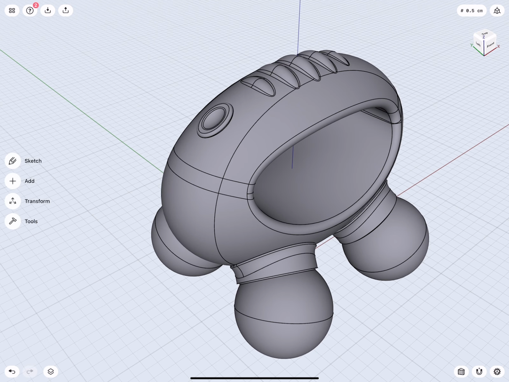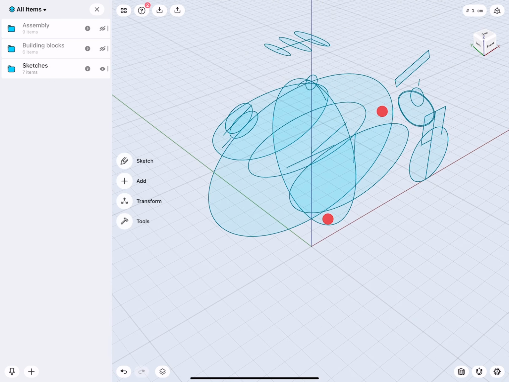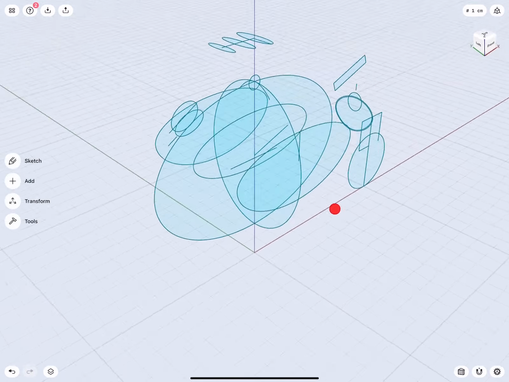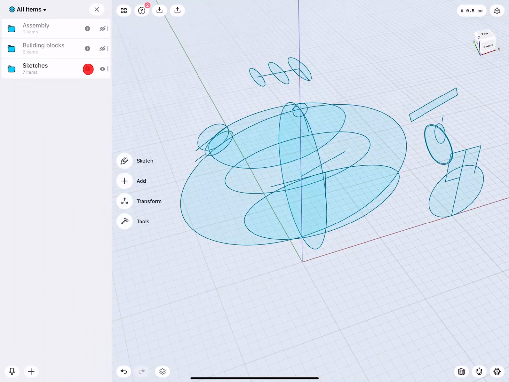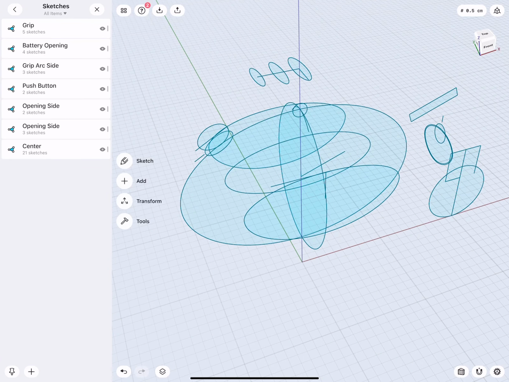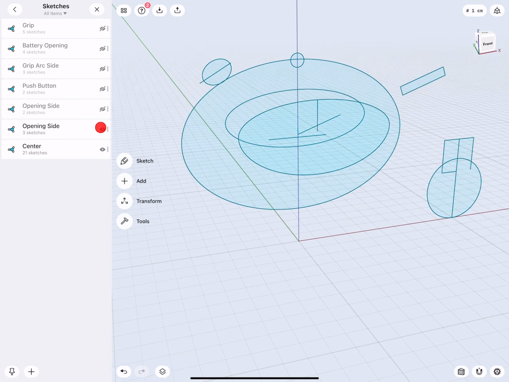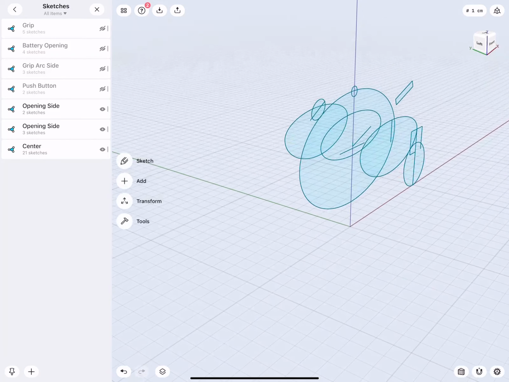Great, let's get started. First, I would like to take a look at the sketches and explain everything. What do we have here? So this looks actually quite dense, but is very logical. So let's take a look at the folder. I will turn everything off. For example, we have the side sketch, then the left and right sketches for the hand opening.